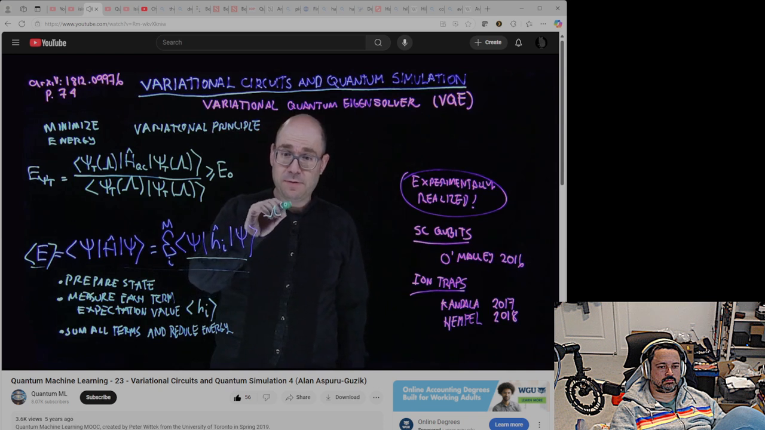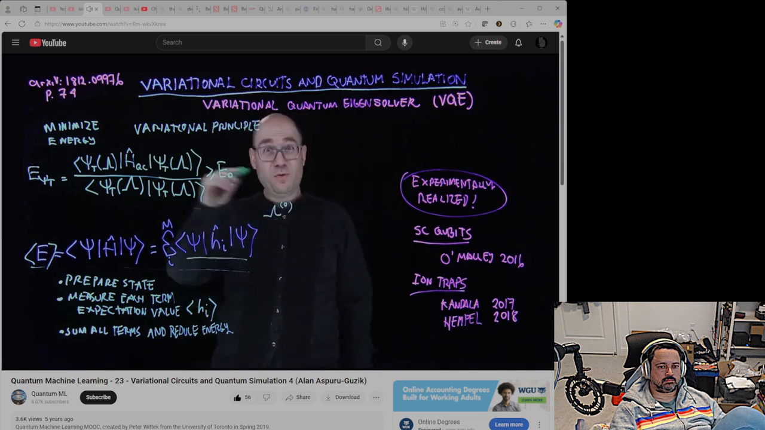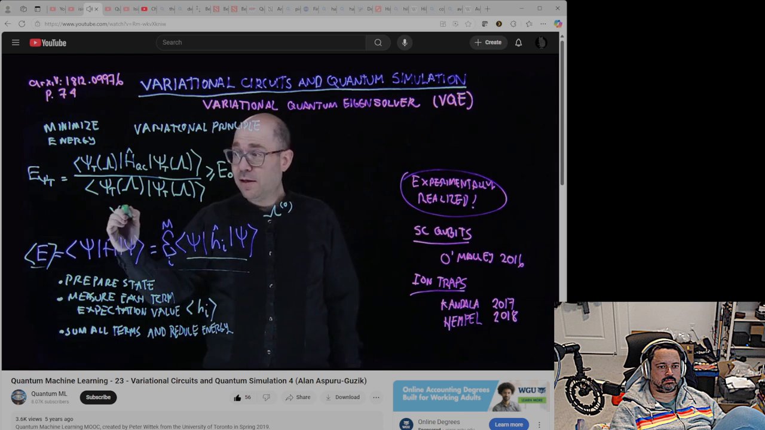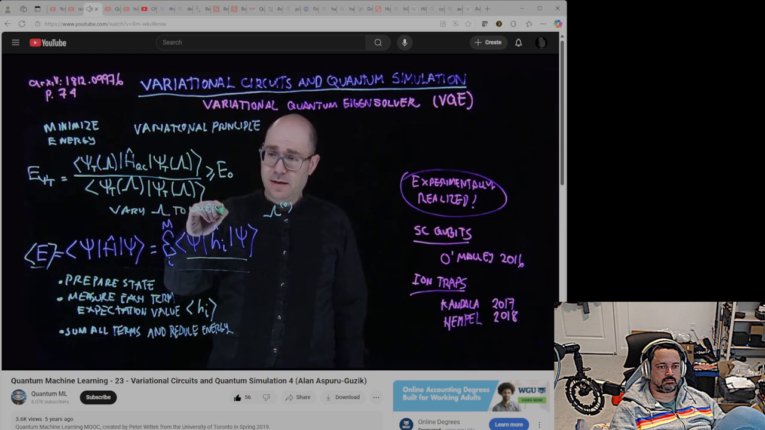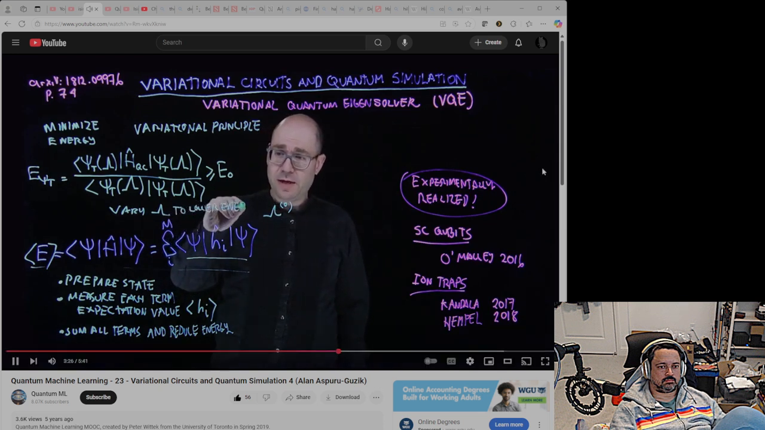We call it lambda 0, right? Then you're going to have to do an iteration with your classical optimizer to vary lambda, right? The subsequent values of lambda to lower the energy. So typical variational eigensolver or variational